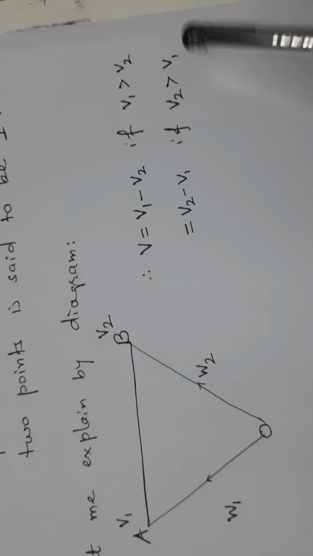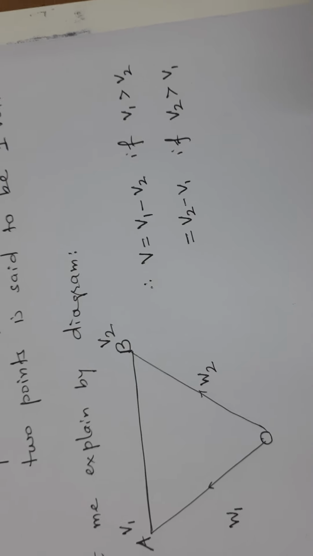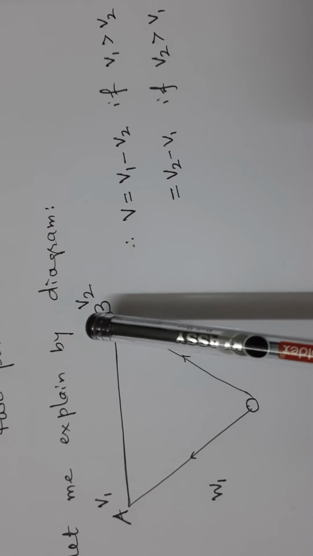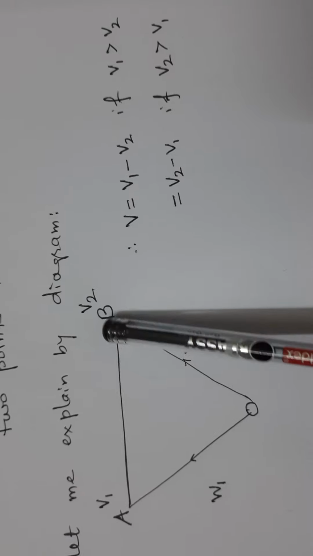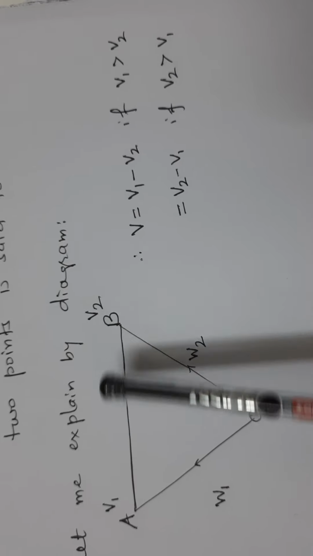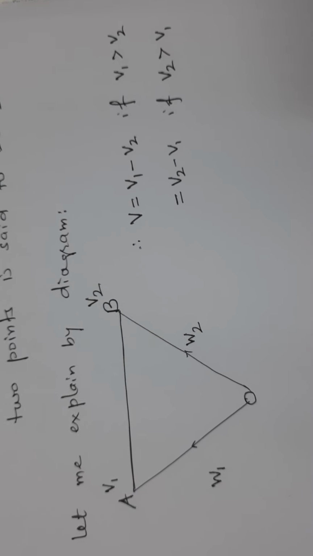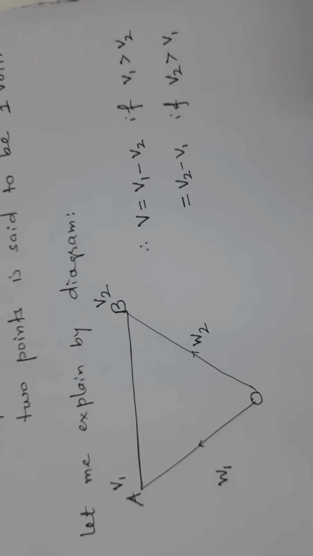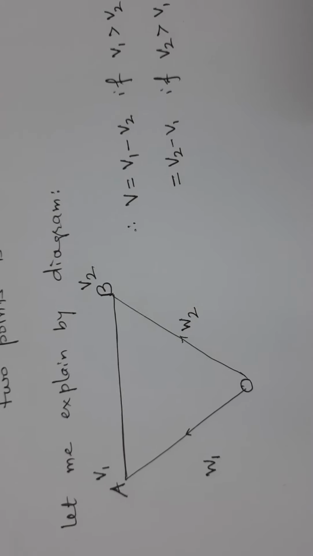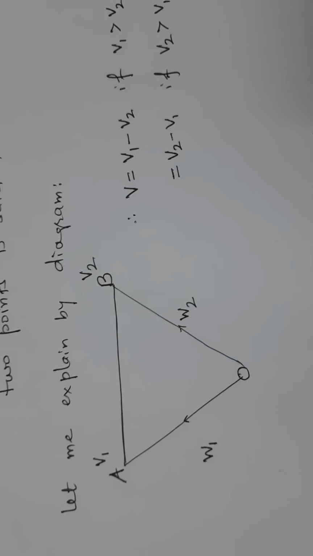Whichever is smaller, that is said to be the negative terminal. As long as potential difference is maintained between the two ends of the terminal, that particular source of potential difference works. Let us talk about a cell. A cell works because potential difference is developed between its positive terminal and negative terminal.